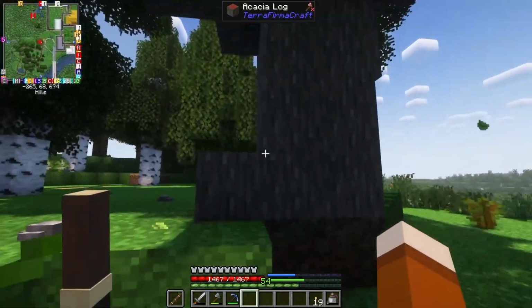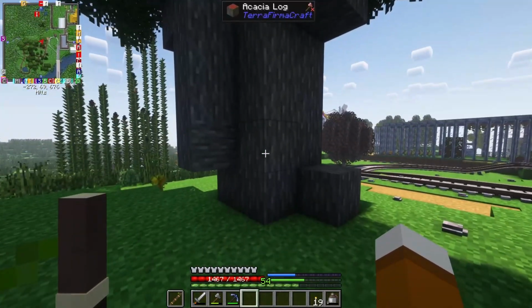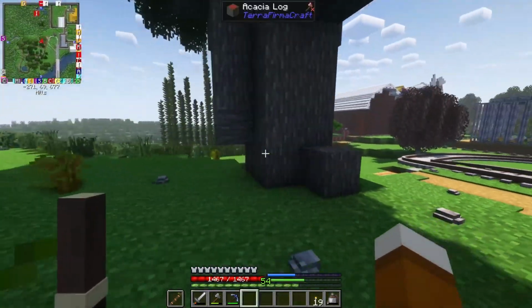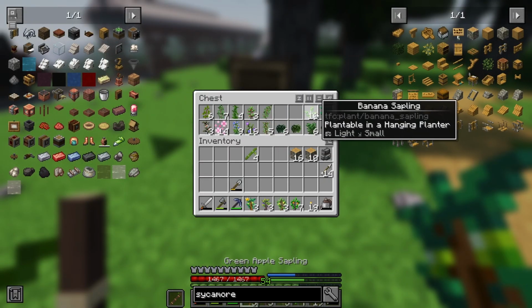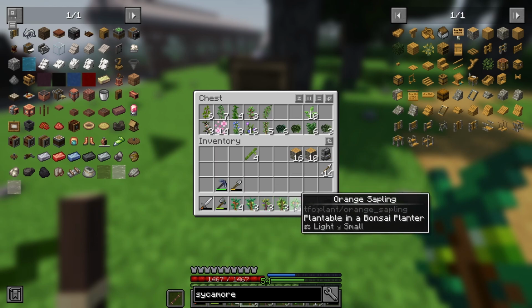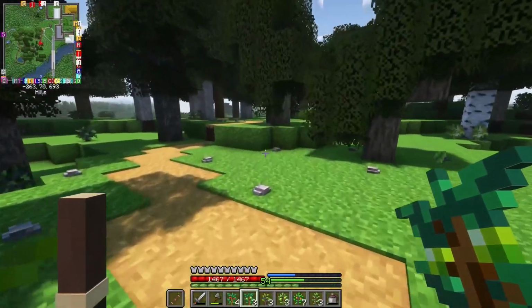Okay, so all the acacia grew together, but that doesn't look like the big acacia that you can find in the wild. I don't know, it looks nice though. And then we've got a bunch of fruit trees here: apple, orange, plum, lemon, and green apple. And I got cherry also. So how about,